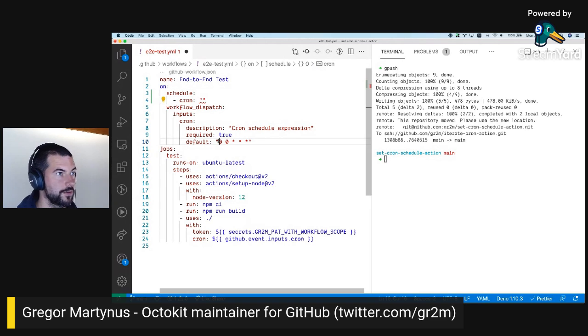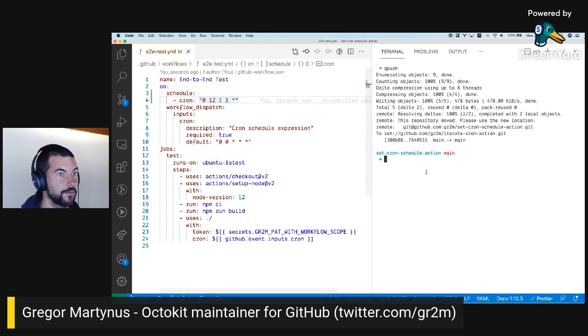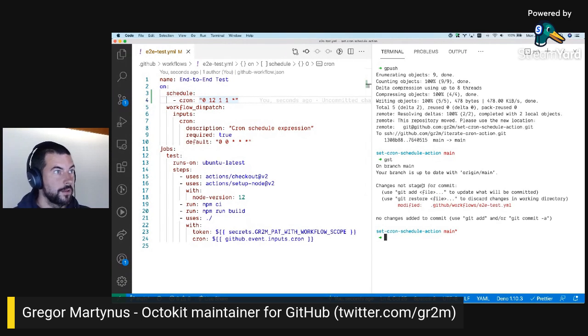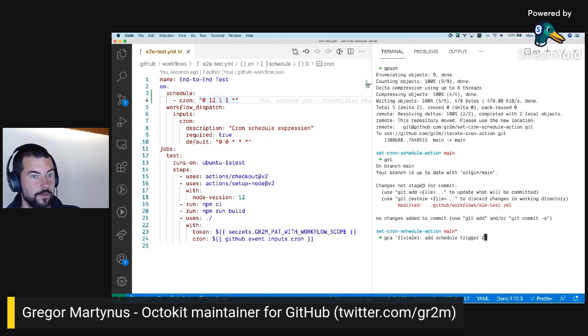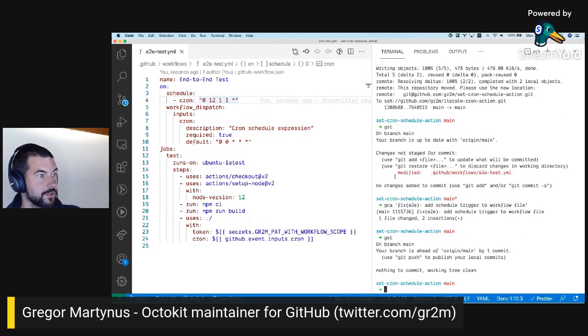Cron, and then let's just say at noon on January 1st. Okay. I think that's right. Add schedule trigger to workflow file, because otherwise this will not work.